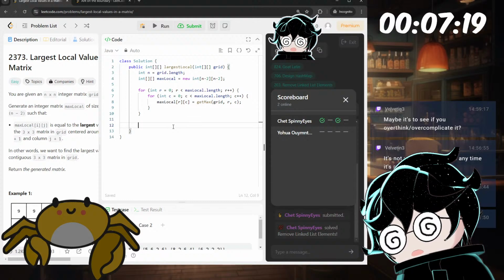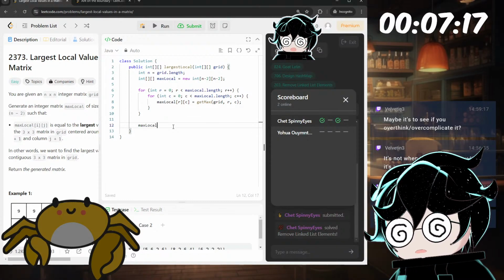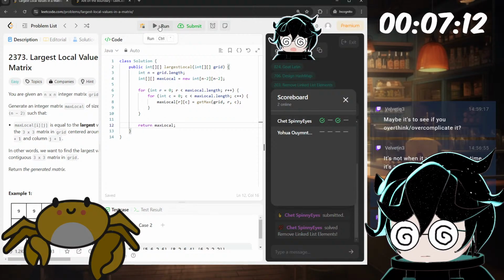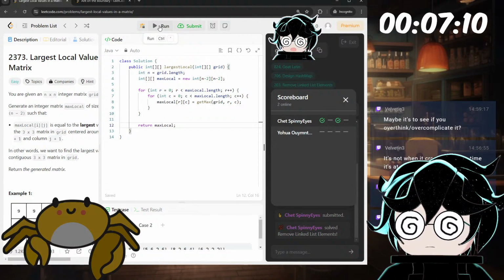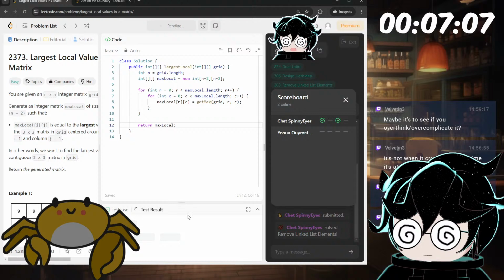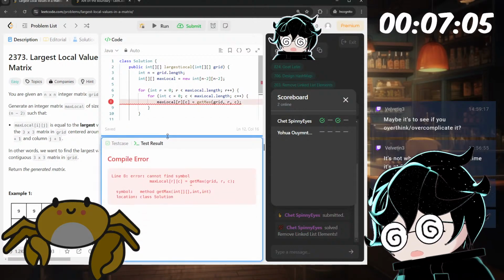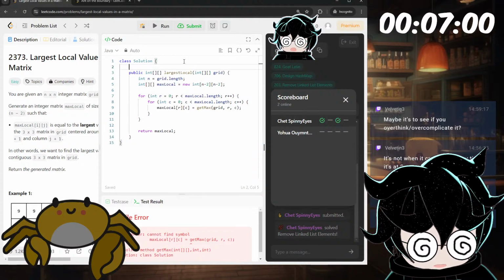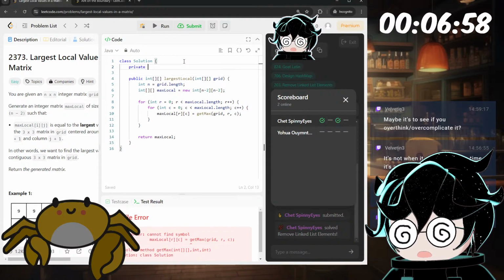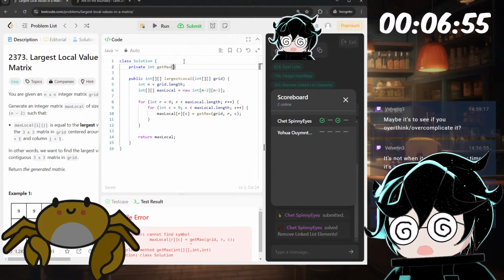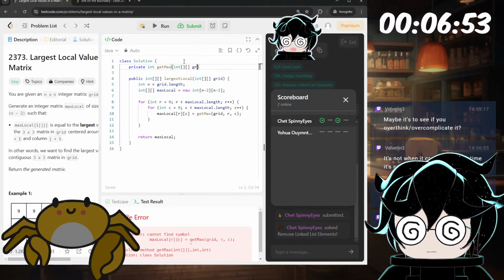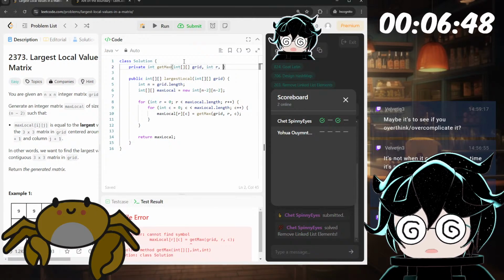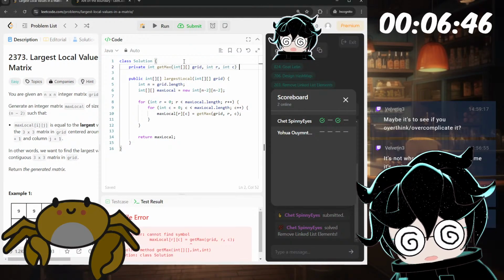And then we return maxLocal. Just making sure that this thing actually compiles. Yeah, okay, getMax is not defined. Private int getMax. We put in grid, int r, int c. There's no way I'm completing this on time.